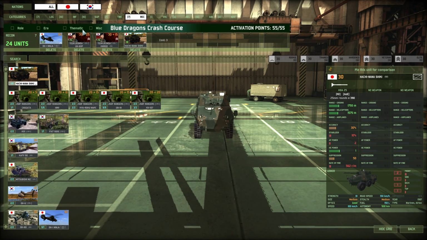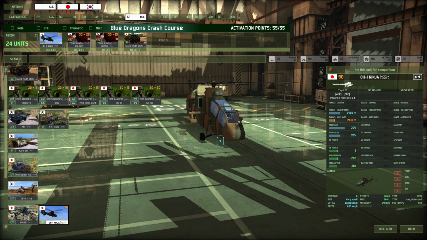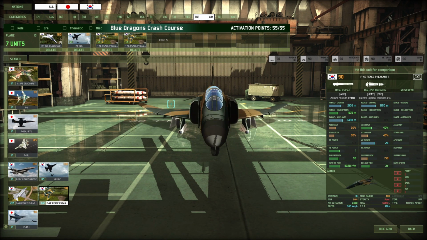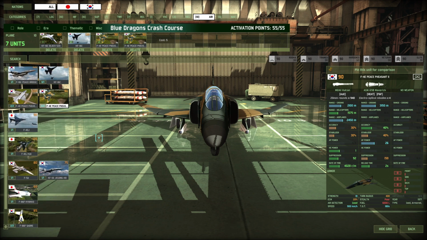So yeah, if you want to be dirty and try hard a lot, try to spot the AA with a Ninja. If they don't have ground objects nearby, then the AA will not spot the Ninja back. And then just snipe it with a Peace Pheasant, especially on open maps like Paddyfield or Mudfight, incredibly strong and frustrating for your opponent. If you need a Helo Hunter, they have it in F104